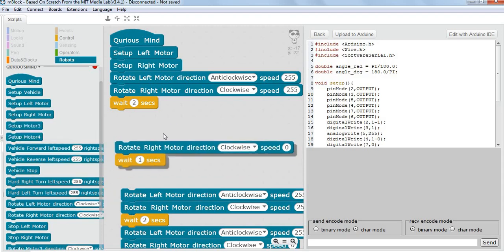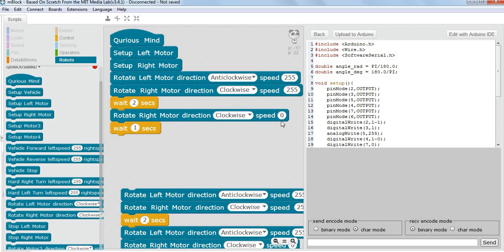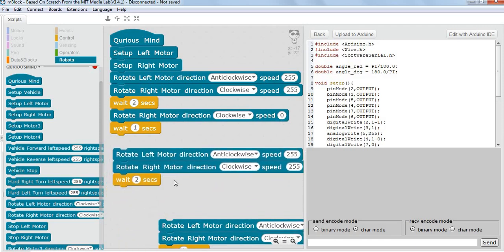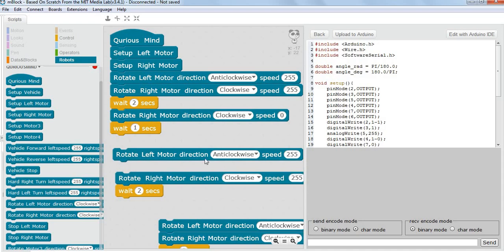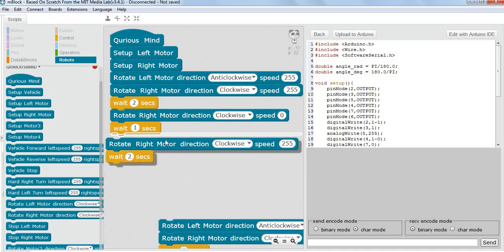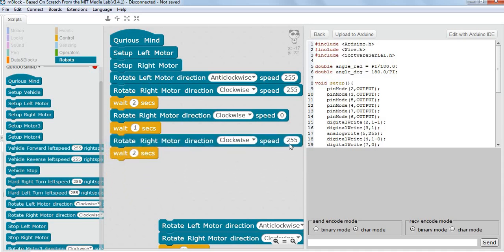What we need is only to make the right motor 0. Now if you see here, the next one, left motor is still rotating at 255 speed anti-clockwise. So that is still happening. So why do we need that? We don't need it. What we need is just to change the right motor speed to 255 again.